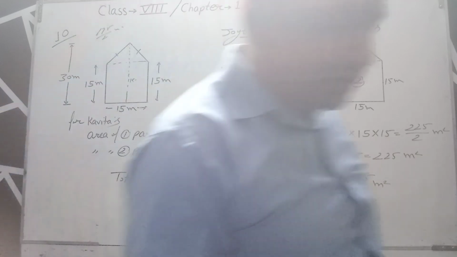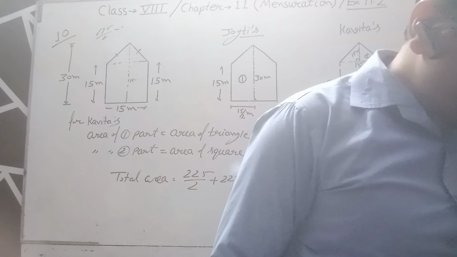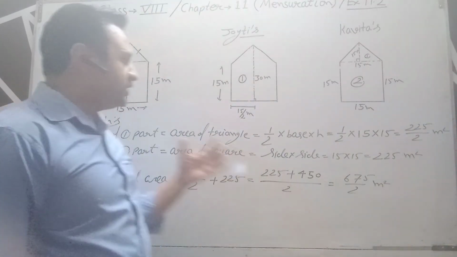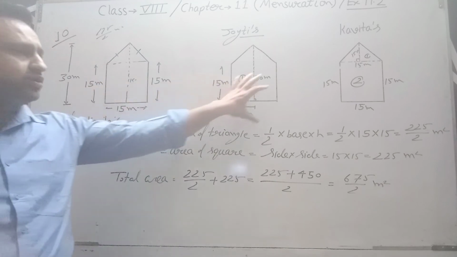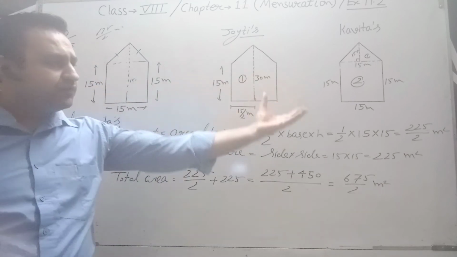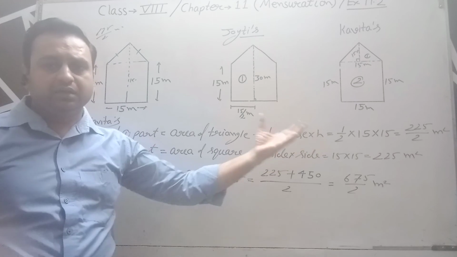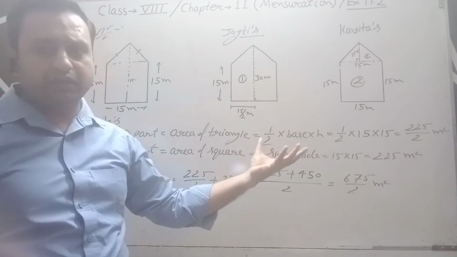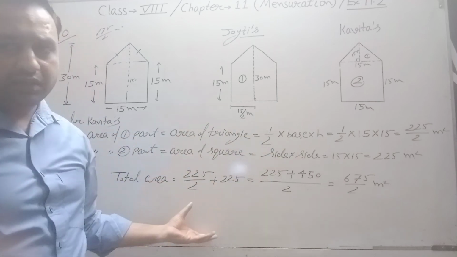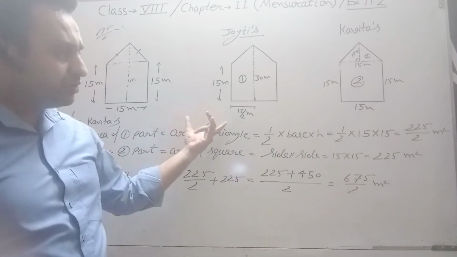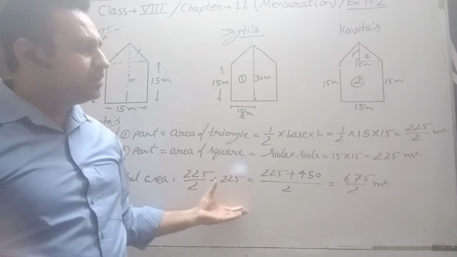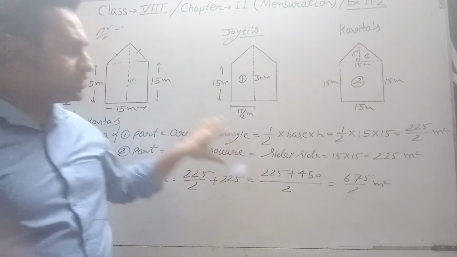In the question it is also given: can you suggest some other way of finding its area? It means we studied the pentagon in two ways. If you have any other method in which you can divide the pentagon another way, you can suggest it to me. If your method is okay, then we will make a video for this portion and just note it down.